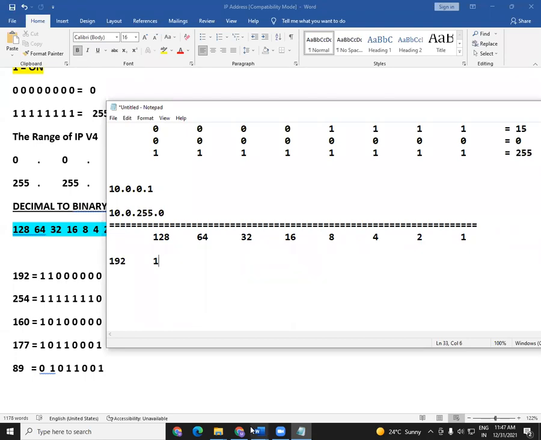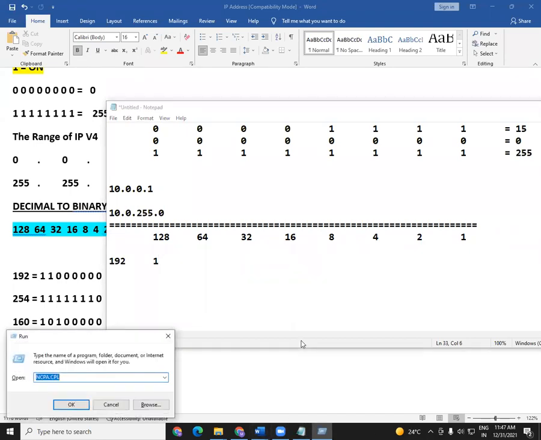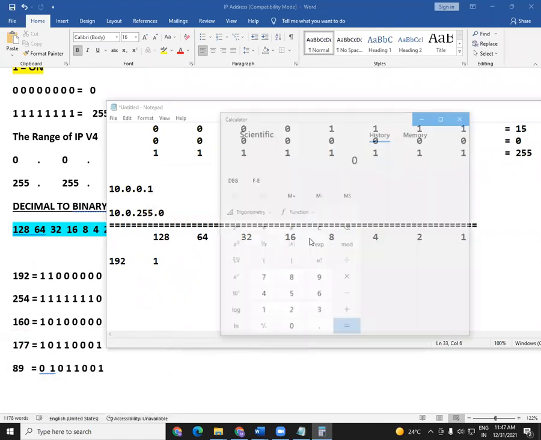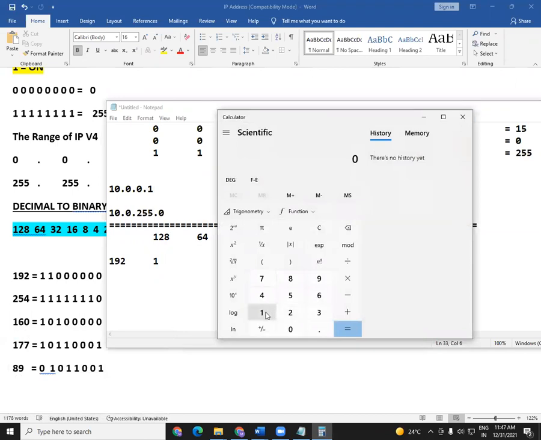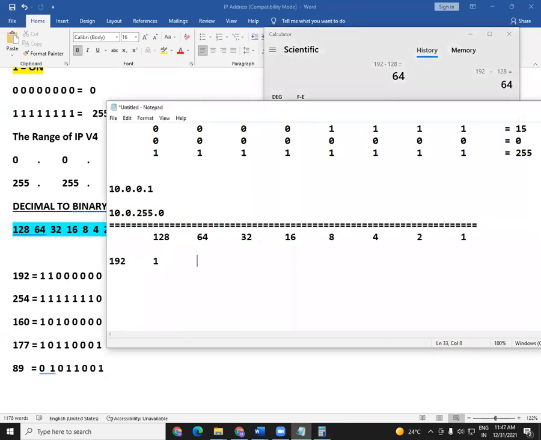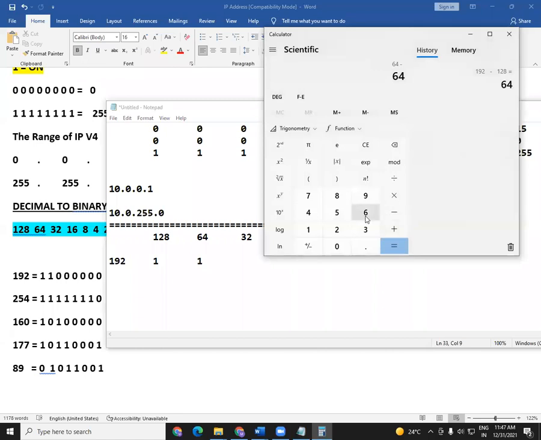So now the next thing we have to do is, let me just open a calculator now. Okay, so 192 minus 128. Answer is how much now? 64 is remaining here, right? The answer is 64. So the next question here is, can we subtract 64 from 64? Of course, we can do, both are equal numbers, so 64 minus 64. So here I have to say minus 64, and the remaining is how much now?